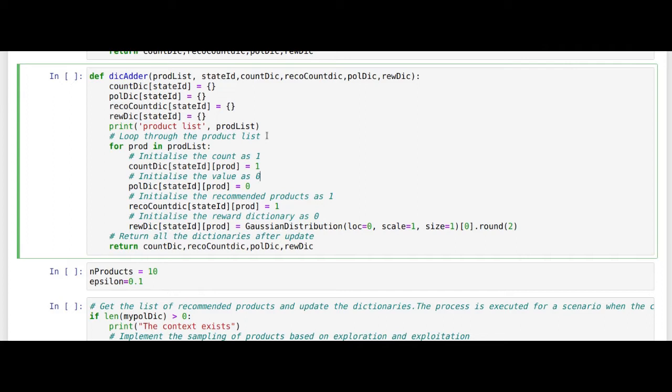So the first process is to create those state IDs for those 4 dictionaries, and then create these inner dictionaries. Inner dictionaries is where we store the list of products according to the stock code of the product, and the quantities are stored in the inner dictionaries as keys and values. Again, similarly, we just iterate through all those product lists. These are the list of products which we are recommending, and we just initialize the count as 1,